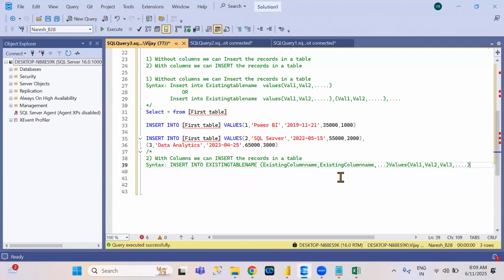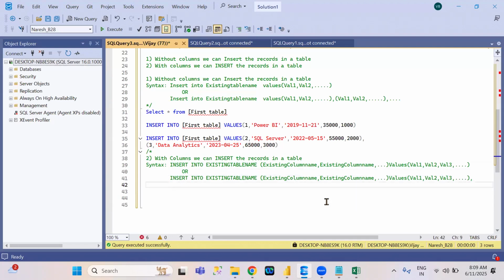In one insert command, can we insert multiple records by using this one? Yes. Put comma here. Then